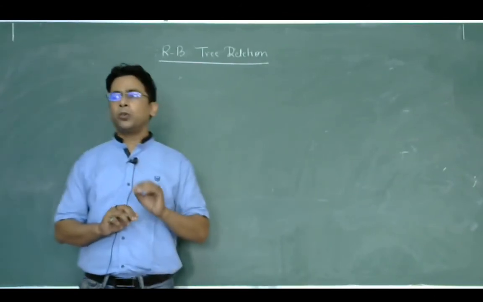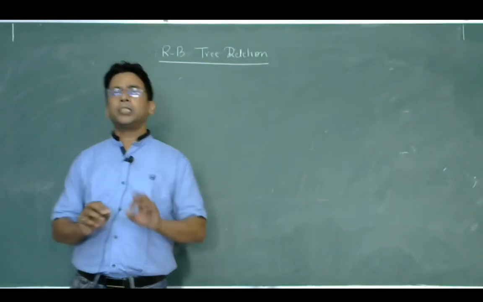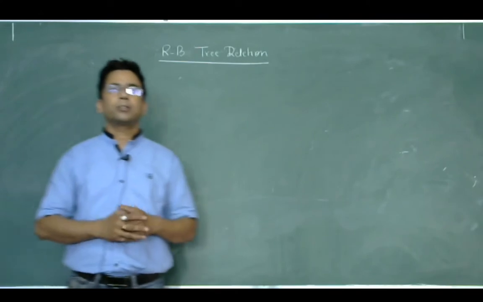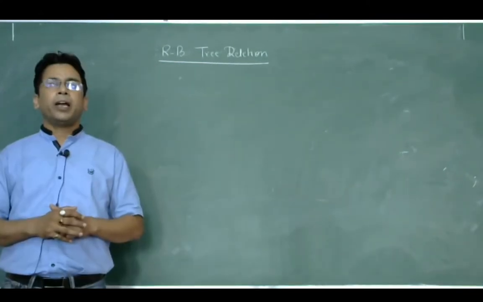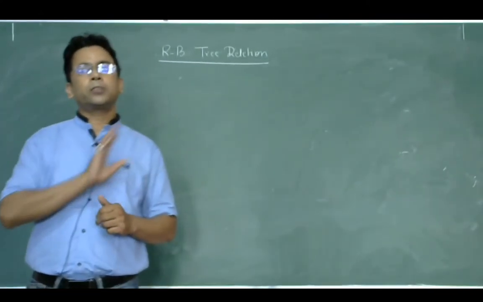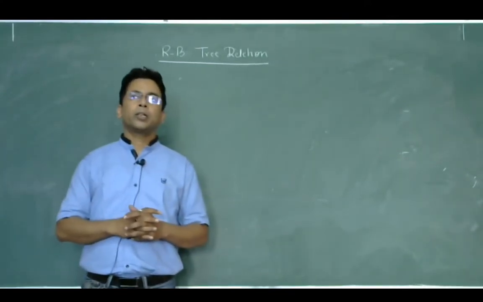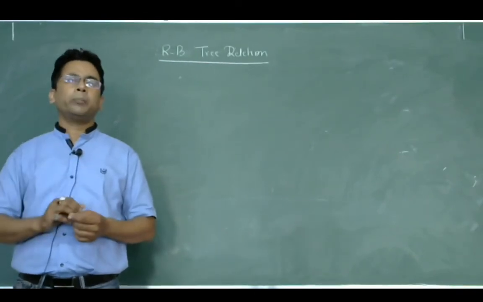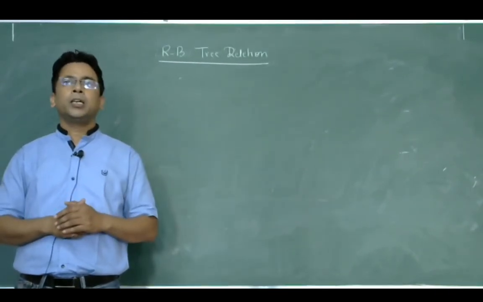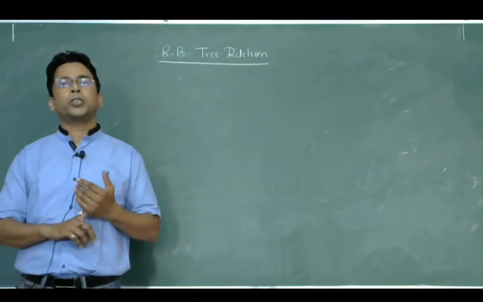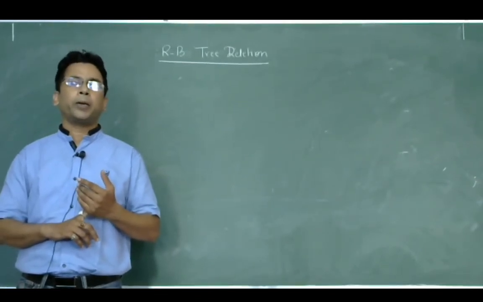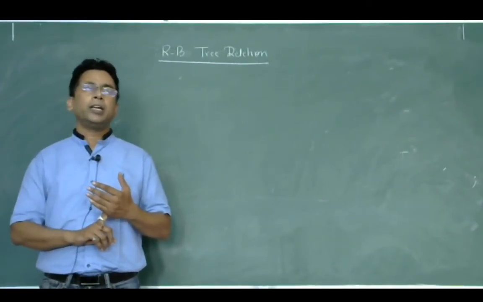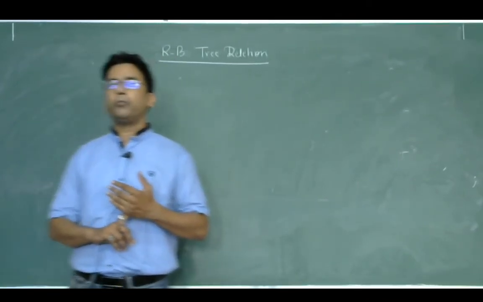So I am just giving you a brief idea about these 4 cases, and after that, I shall solve a few numericals. In the last lecture I have already explained these cases. First, decide the position of X with respect to the parent, whether it is a left child or right child. I am taking the case when X is the left child of the parent. Then there are 4 cases.